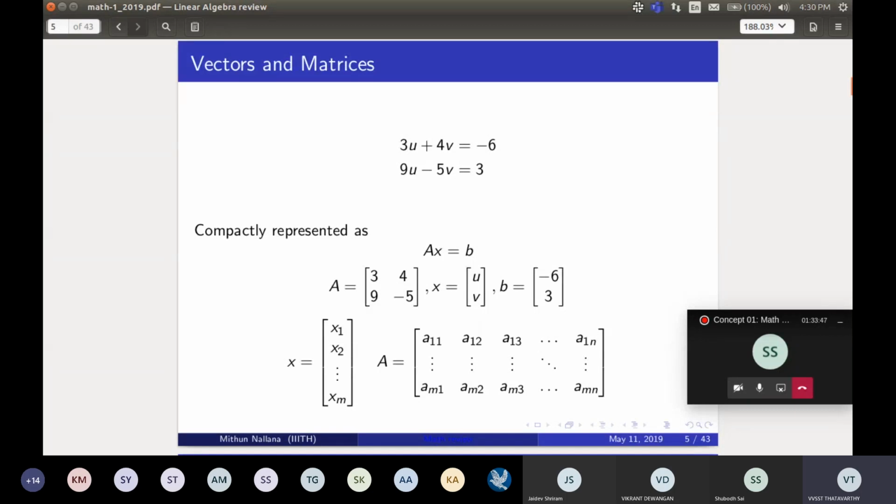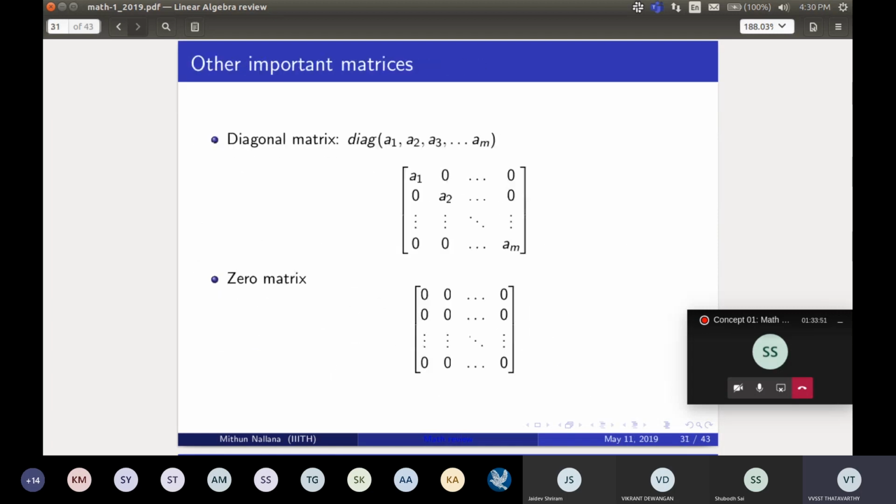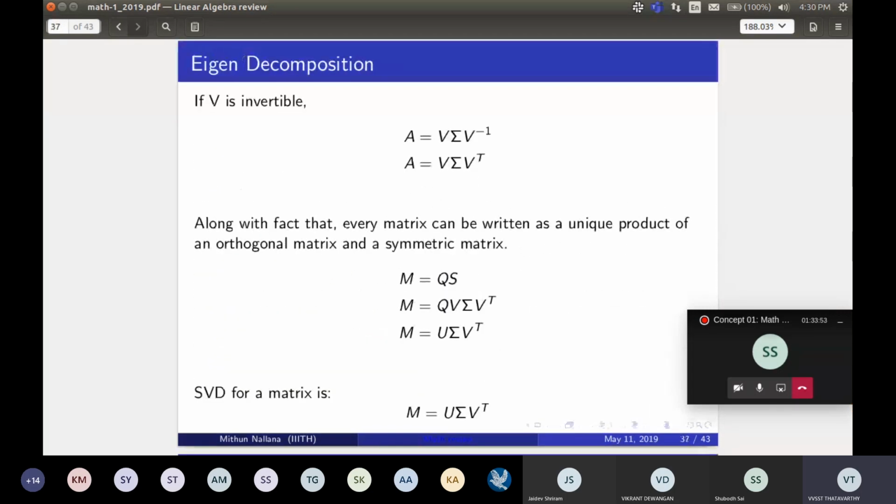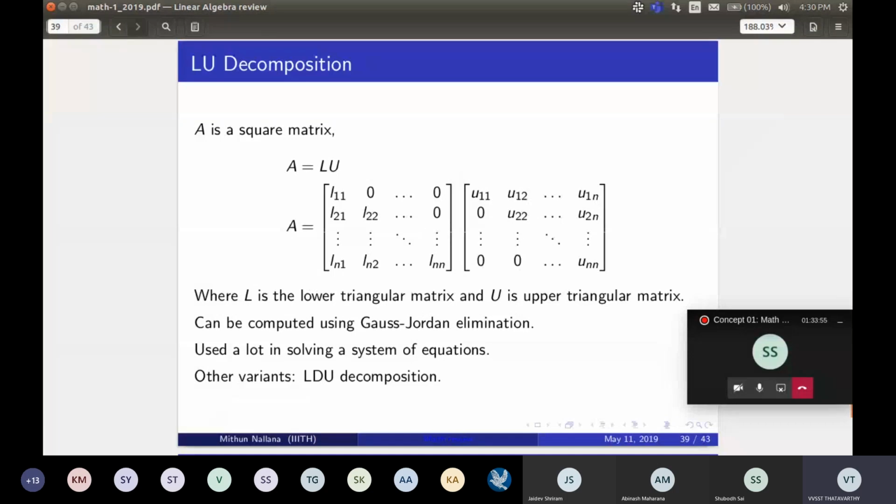So you try to eliminate one of the variables first, you find that value and you back substitute that. So when you represent it as vectors or in terms of matrices, you can term it as LU decomposition. What you say is you decompose it into a lower triangular and an upper triangular matrix, and then you remove one of the coefficients, and that is how you eliminate each and every element to 0.